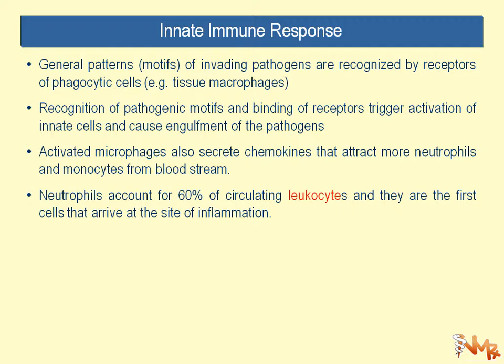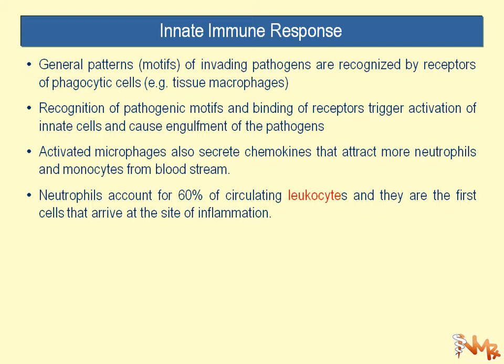Neutrophils account for 60% of circulating leukocytes, and they are the first cells that arrive at the site of inflammation. So neutrophils account for 60% of circulating leukocytes. By far, this is the most prominent leukocyte in the bloodstream. They are the first cells that arrive at the site of inflammation because they are relatively smaller and they can